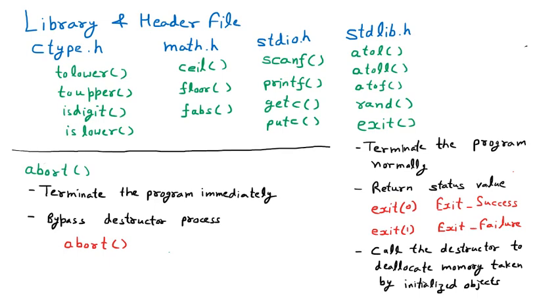So that is the abort function and the exit function. The exit function has stages as well: in terms of success we have exit 0, in failure we have exit 1, 2, 3, but abort is the same. The exit function follows the normal process where the destructor is called and memory is deallocated. But in abort, no such process is taken, and the deallocation of memory does not happen. Only exit is going to deallocate the memory. So this is the difference between the abort and exit functions.